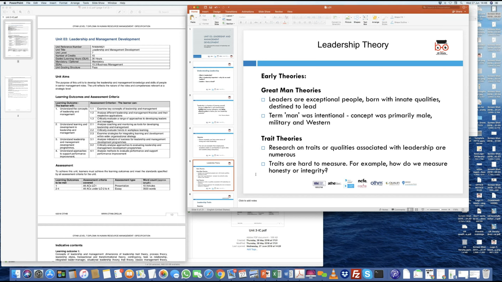Now, sometimes a question I would apply to the trait theory would be, how do you measure honesty? How do you measure loyalty? How do you measure passion? How do you measure enthusiasm? Now, there are no scales available for these kinds of softer skills which are required in leaders when you're interviewing people and shortlisting people. But what you need to be able to do is associate some of these traits that you are trying to measure with qualities that can be shown in terms of leadership.